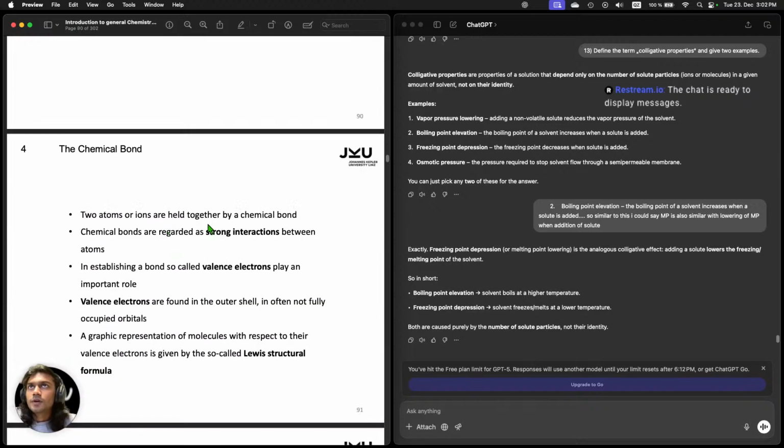The two atoms or ions are held together by a chemical bond. Chemical bonds are regarded as strong interactions between atoms. In establishing a bond, the so-called valence electrons, the electrons at the outermost layer, play an important role. Valence electrons are found in the outer shell in often not fully occupied orbitals. A graphic representation of molecules with respect to their valence electrons is given by the so-called